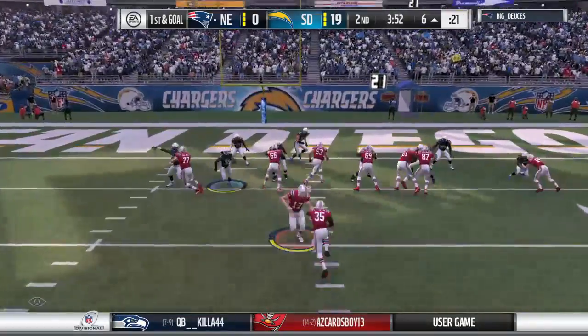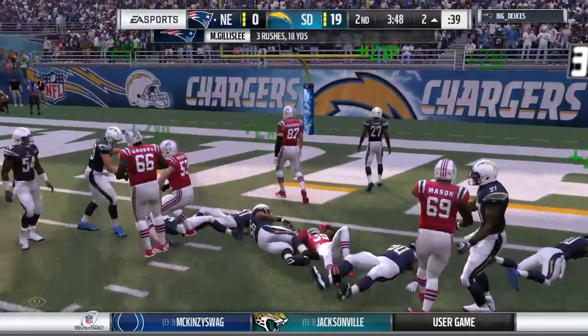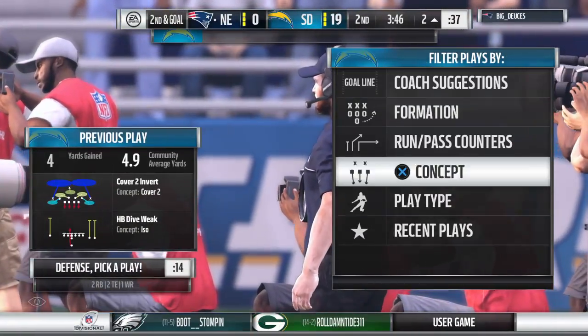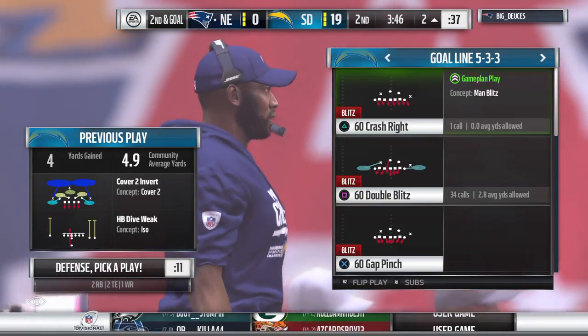So the chains are on their sides. It's 1st and goal from the 6. And he's going to get him about 3 yards closer. He's down to about the 2. When we talk about being on schedule, I think they're on schedule after that run, getting it right down there on the